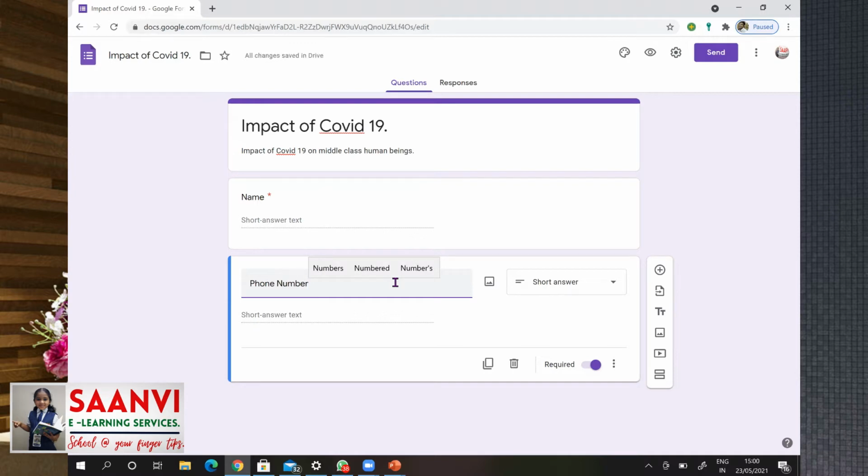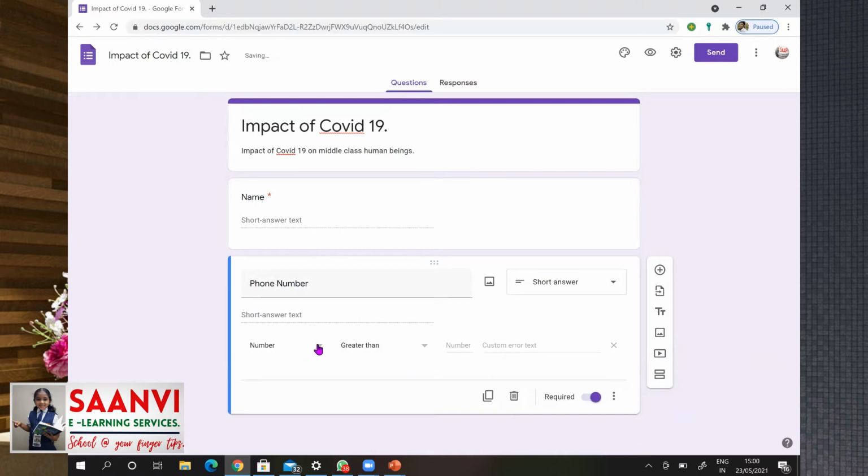As phone number is a number, if the user enters alphabet, we may get an invalid number. So to avoid it, we can add validation, that is collect only numbers, by clicking on these three dots and clicking on response validation. Here, number.